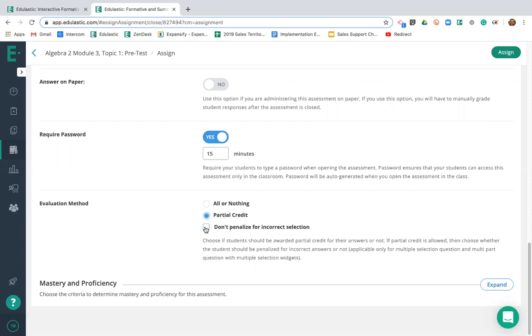Do you want them to possibly choose all answers and get 100? Or do you want to just make sure that you at least know that they have partial credit. They got at least one part right. And is that setting for the entire test,